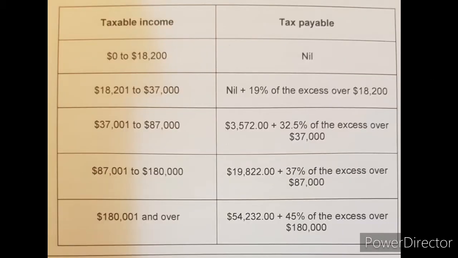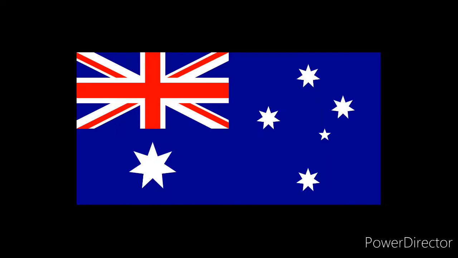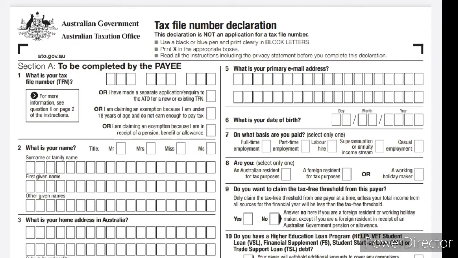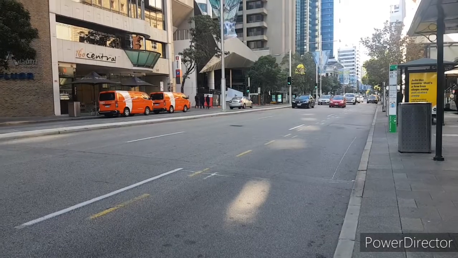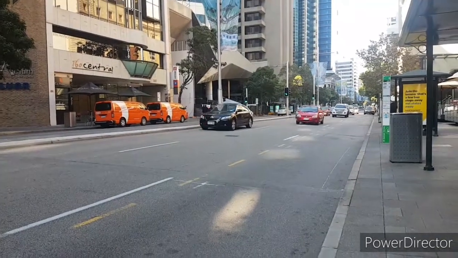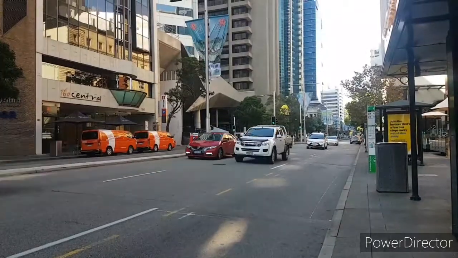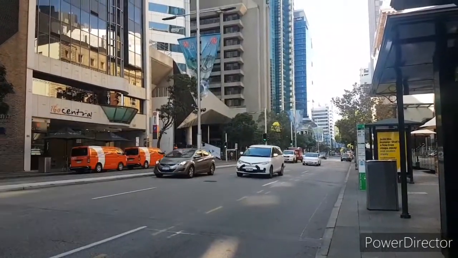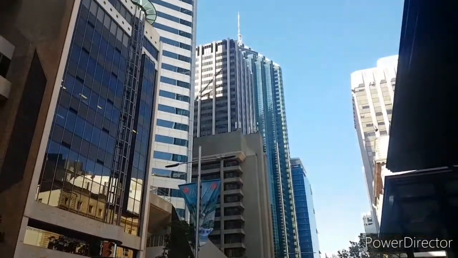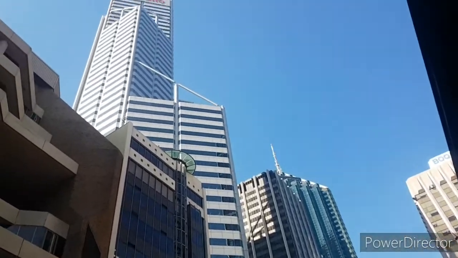The amount of tax individual taxpayers will be required to pay will depend on various factors, including the taxpayer's level of income, whether the taxpayer is considered a resident of Australia for tax purposes, and whether the taxpayer has a tax file number. When calculating their taxable income, individual taxpayers and companies can offset any expenses they incurred during the year against their assessable income by claiming a tax deduction, provided the expenses were incurred by the taxpayer to produce assessable income.